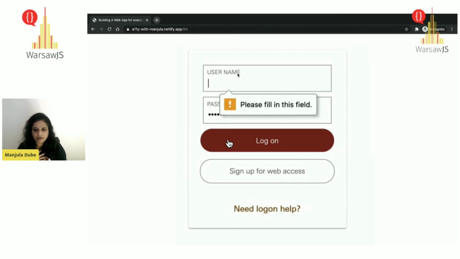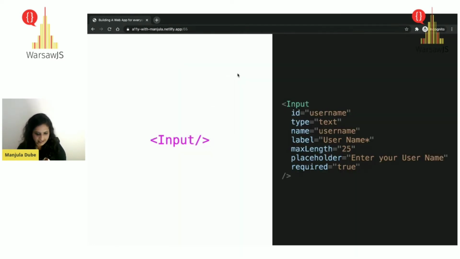How would I build my input component? Let's quickly check that. So this is an input component. I'm passing all of the things that are required by an input component, for example, ID, type, label, placeholder, and I say required equal to true. Now, how would my input component look?